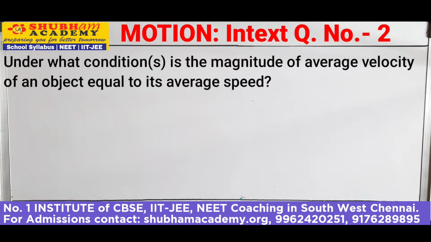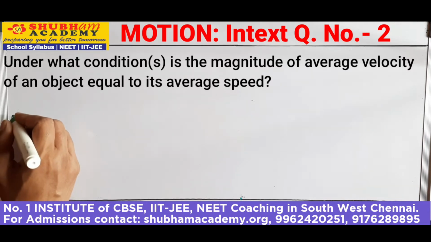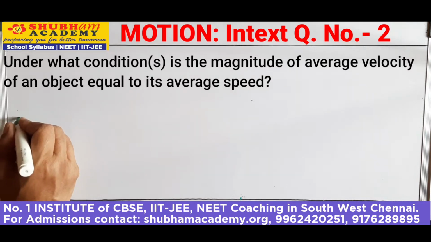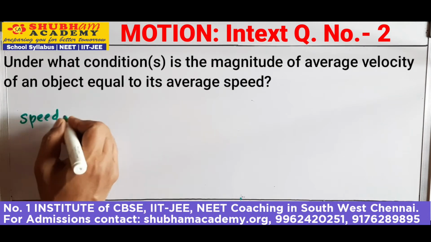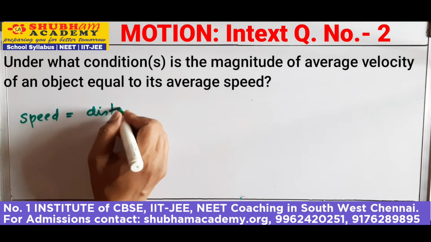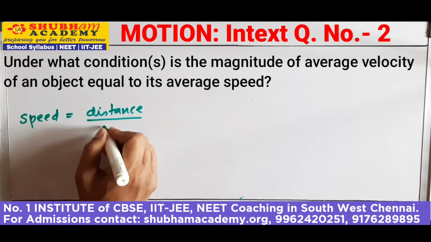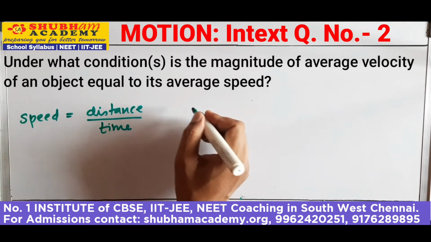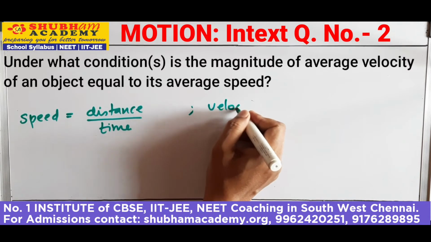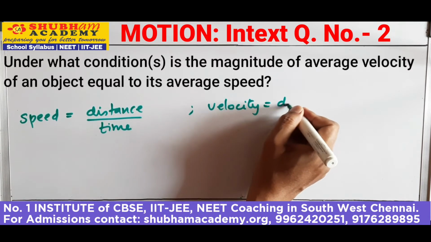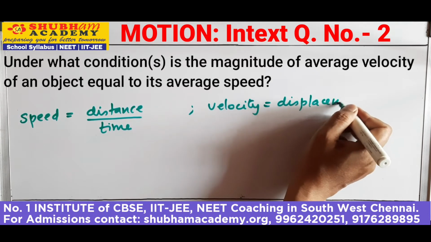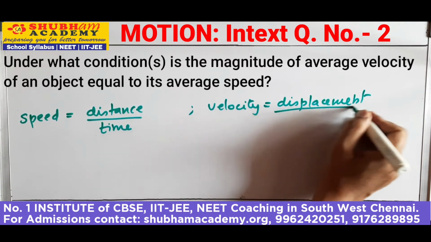So the question says, under what conditions is magnitude of average velocity of an object equal to its average speed, right? So see, average speed is what? Speed is distance by time, right? And velocity is displacement by time,